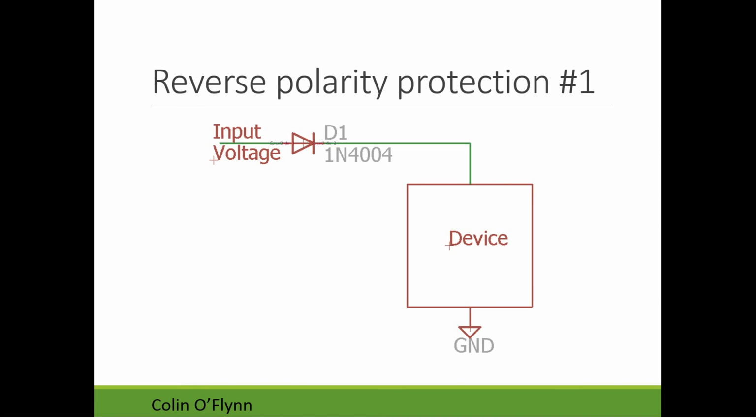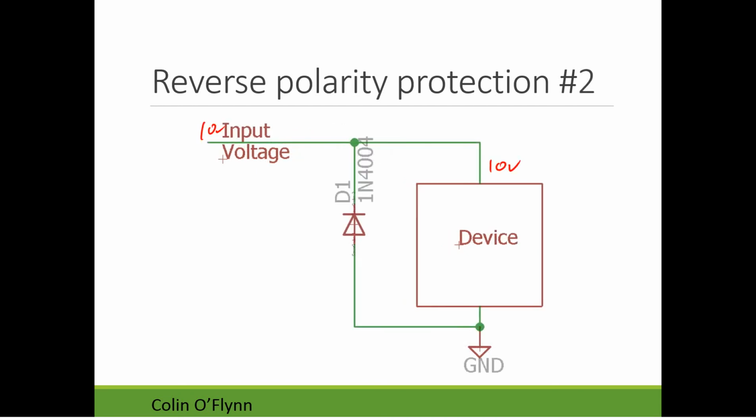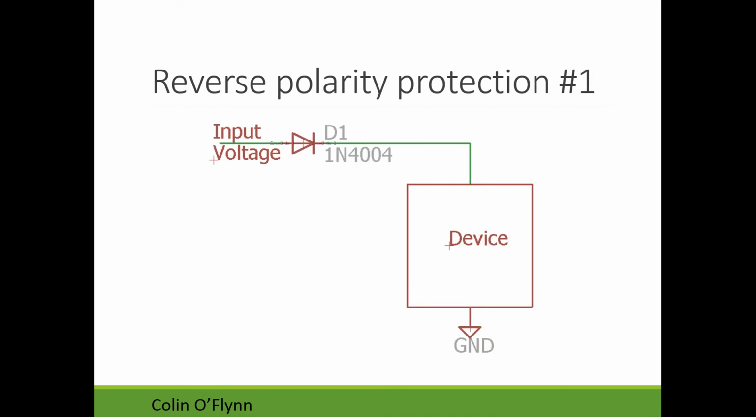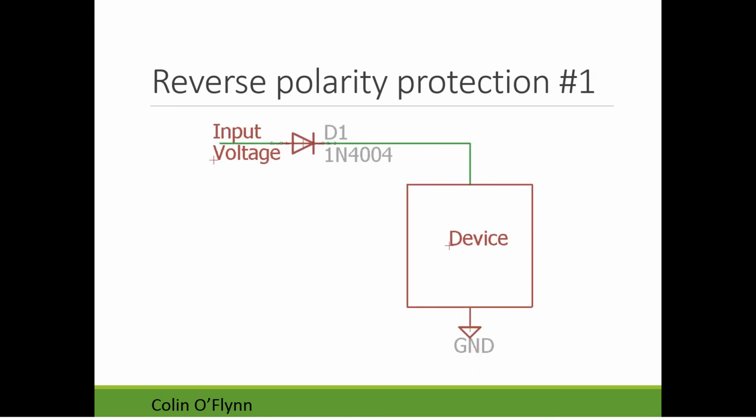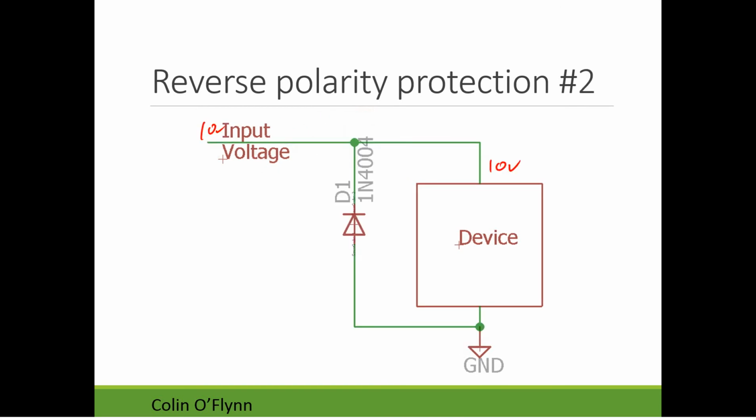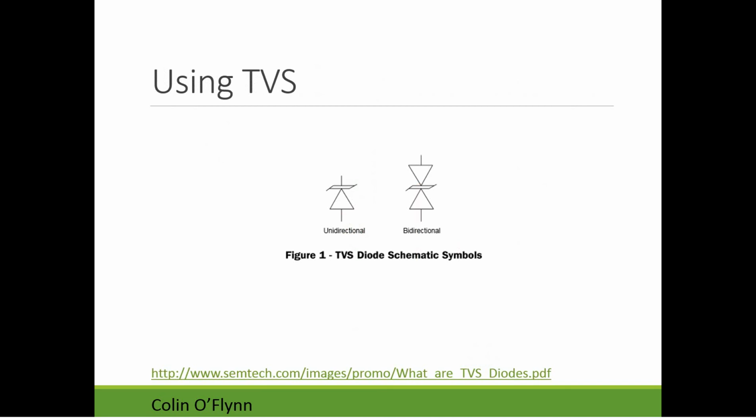So it's sort of your choice. If you don't need every little bit of headroom, there'd be no point to doing this system. If you need every little bit of headroom, this might be a better solution. The other advantage is that in this system here, your diode is always conducting and possibly dissipating power if you had a very high power system. Here, the diode only conducts when you get the reverse polarity. So it assumes you have something like a fuse or something to limit the current through the diode to disconnect the power supply though.